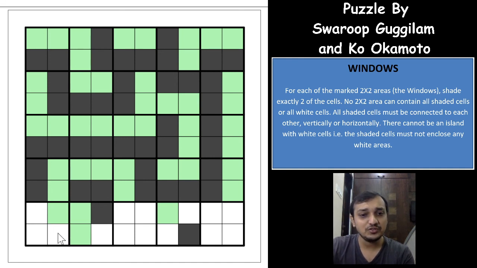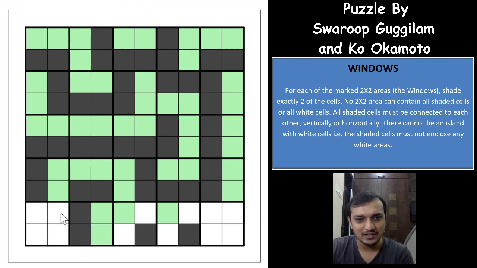If you see here now, if we make this cell black, this will have to be black, and these black cells are stranded, which means this also will be white, and you form a 2 into 2 group of white cells, right? Excellent logic. Very narrow logic, guys. Which means that this cell will have to be white, which gives you this cell as white, this is black, and this black cell has to come out, so it will be this way, which means this is black, and this black cell has to connect to this group, there is only one way, this will be black,